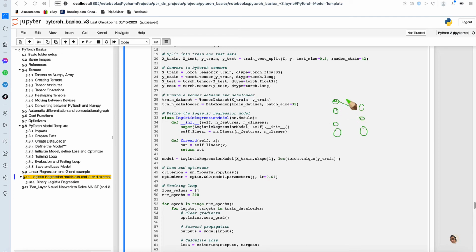So you have W11, W12, W13, and same thing here. You have W21, W22, W23, and so on. So you get a value for each of these. This is the architecture that we have,